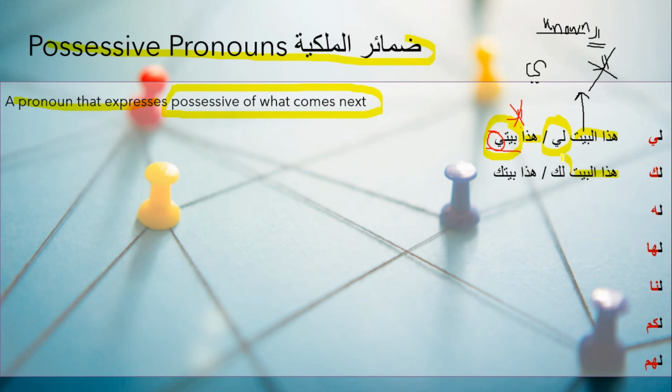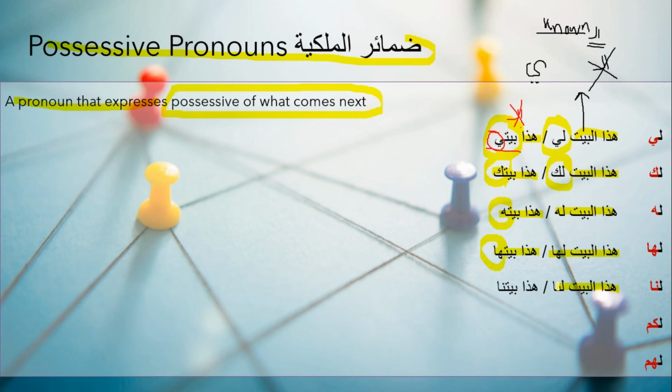Exactly the same when I'm talking about something that is for you. هذا البيت لك, هذا بيتك. I say هذا بيتك rather than say هذا البيت لك. هذا البيت له. If I'm talking about someone who is not here now, I'm saying هذا البيت له, هذا بيته. Or someone who is feminine or female, I'm saying هذا البيت لها, هذا بيتها. Just notice here, that's really amazing. When you are talking about